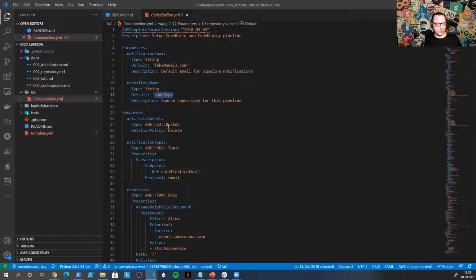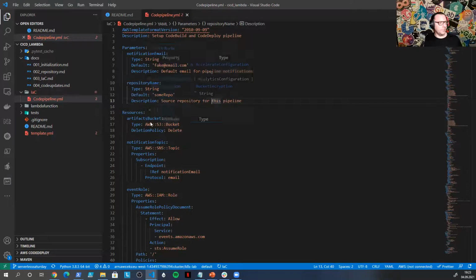Of course, with this pipeline, you can create a CodeCommit repository. It can be created by CI/CD, but for example reasons, I have this repository already created. I have the code there, and that's why I need to pass this information to my